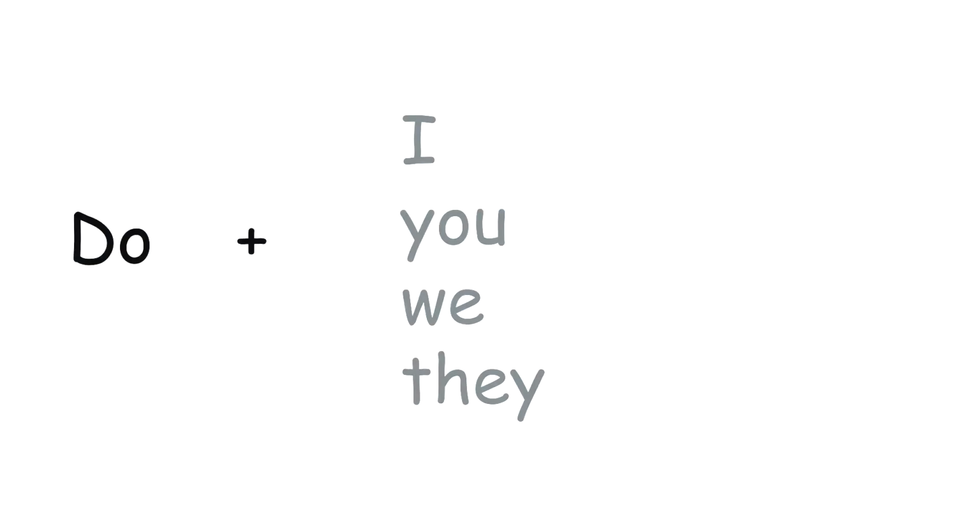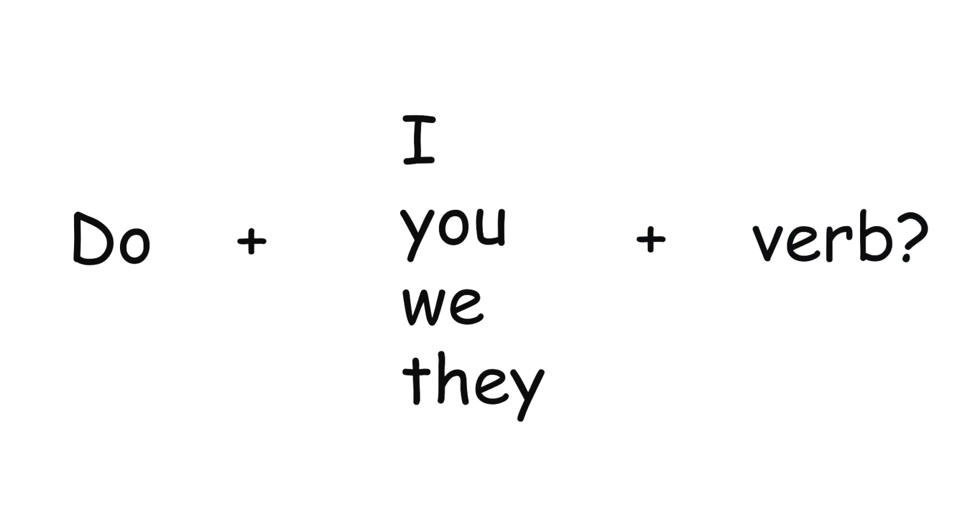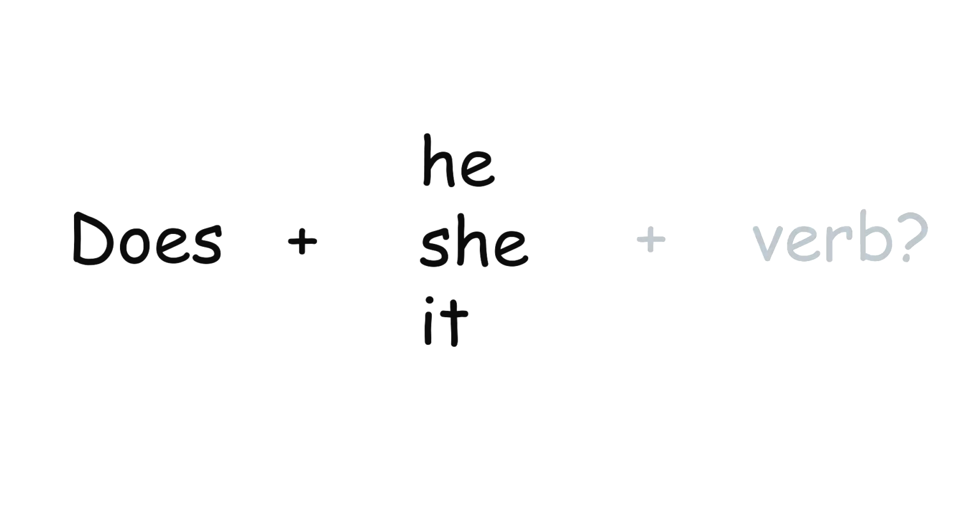Okay, so we now know how to form the simple present tense. We know when to use it. We know how to make it negative, so the last thing you need to know is how to ask questions with it. And you can do it because you now have all of the parts you need in order to form it. To form a question, if you're using one of the 4 pronouns I, we, they, or you, you're going to take the word do, then add one of those 4 pronouns, and then add your verb. If you're using the other 3, then you're going to start with the word does, then add one of those 3 pronouns, and then your verb.